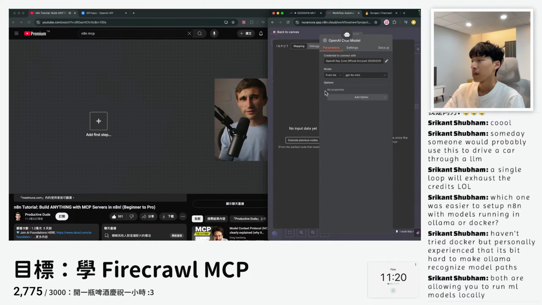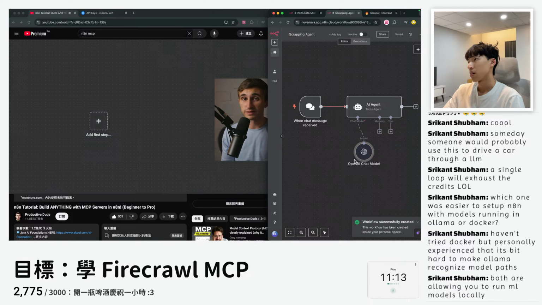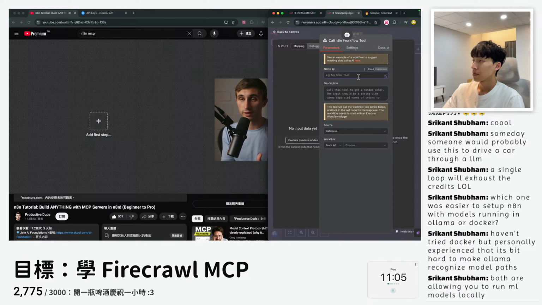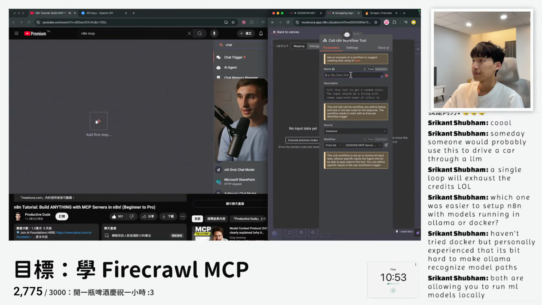And now there's all different types of ways that you can talk with your agent inside of N8N. You can use Telegram, Slack, Microsoft Teams, or WhatsApp. There's all kinds of different methods. You can even build your own custom tool to talk to this, and you can use something like Lovable or Cursor to vibe code that out. But for the sake of simplicity and for testing purposes, what I'm going to do today is hit this add first step, and we're going to type in chat. And I'm going to use the N8N chat trigger. What this does is it allows us to just chat right here in N8N and practice on this.